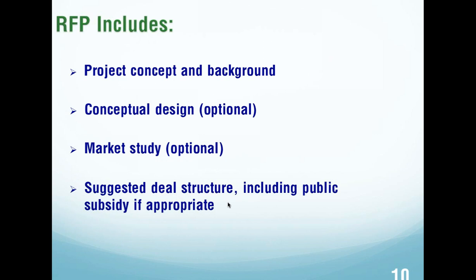We're working with one community now, Evansville, Indiana, that, based on a non-successful first go-round at getting a convention hotel developed, determined that there was going to be a subsidy needed, and they felt like $8 million sounds about right based on what everybody's telling us from the first response. So they spent a lot of time and effort getting to that number instead of doing their studies, but at least then when they went out with their second version of the RFP, they could say, we've now committed to $8 million for this project. So then that gave some companies confidence that the city had a better handle on reality and was able to get a couple of qualified responses.